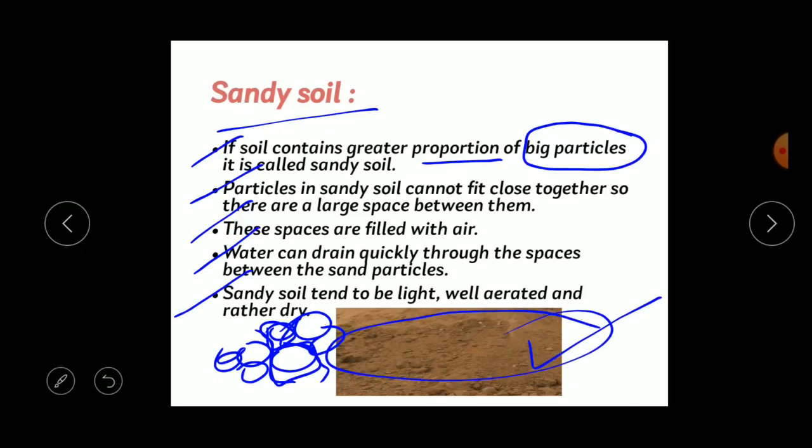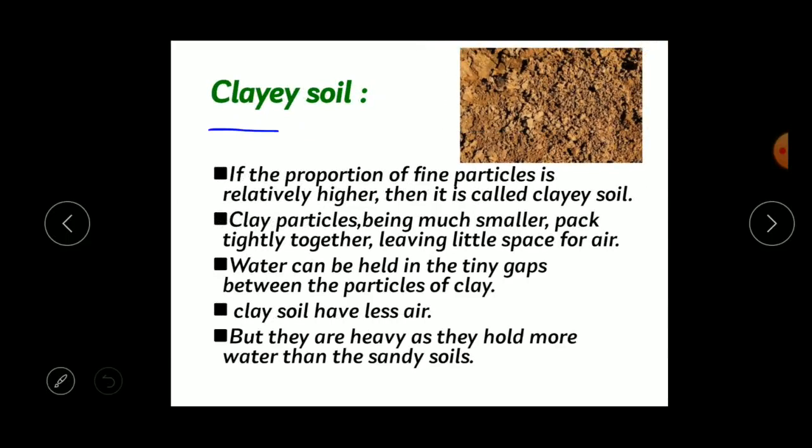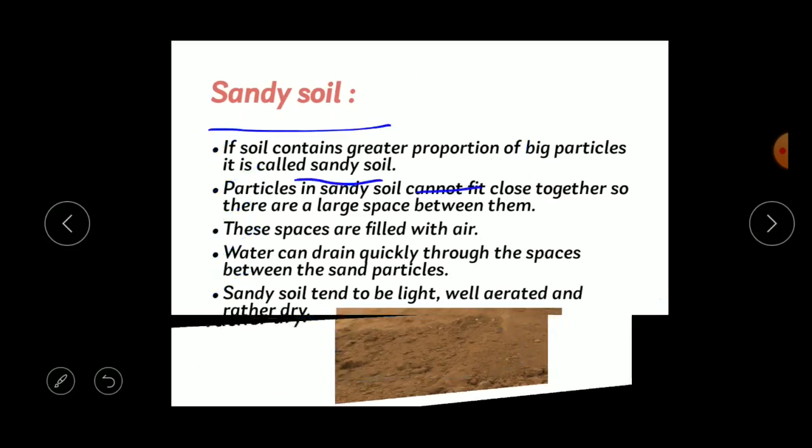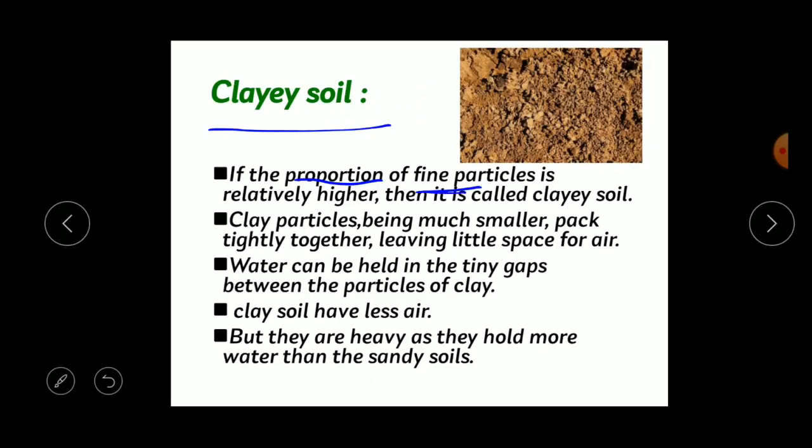Okay, next one is clay soil. If the proportion of fine particles is relatively higher, then it is called clay soil. If the quantity of fine, very small, very thin particles is high, then it is called clay soil. Whereas in the case of sand, we have seen that it consists of a greater proportion of big particles, whereas clay soil consists of very fine